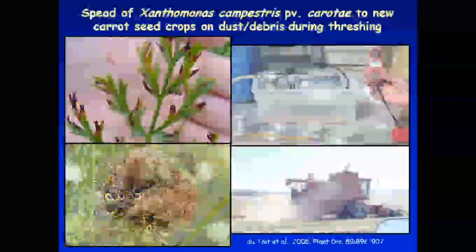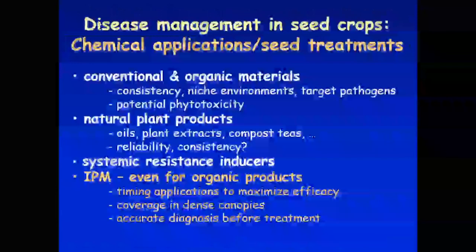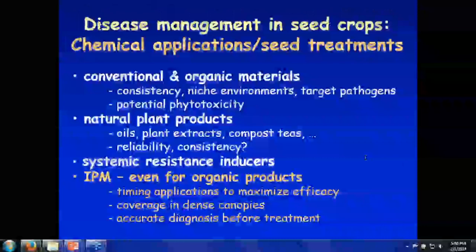Okay, 1 or 2 minutes, so I'll quickly wrap up here. Now, we did talk about chemical management of crops. I'm not going to go into a tremendous amount of detail, but there are certified organic products that can be used. Some can be very effective. Some are not necessarily highly effective, but might provide a little bit of protection. Some products stimulate a resistance response in the host. So they might not kill the pathogen, but they might help the plant be a little bit more effective in its resistance.